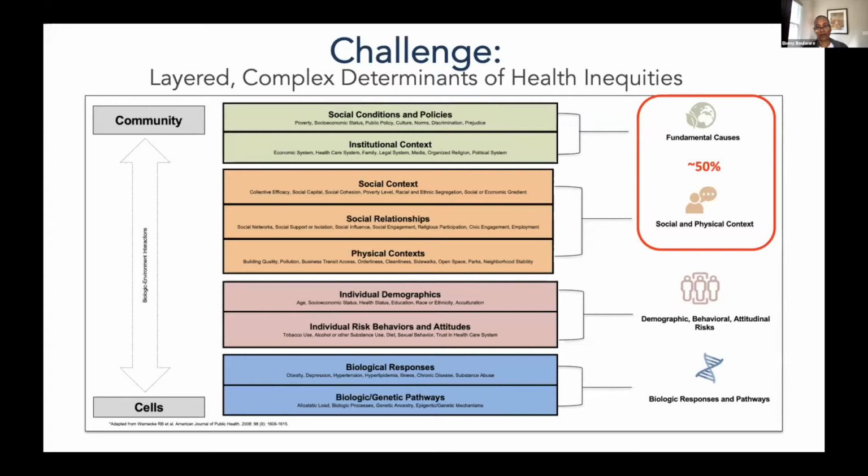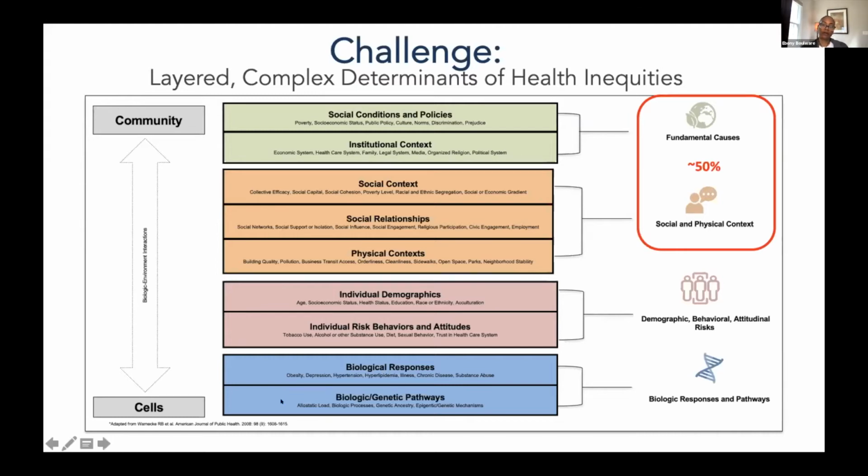Their individual demographics are influenced by that as well, primarily because those are related to physical, social contexts and institutional contexts. For example, if we were thinking about structural racism, that has a very big influence on where people live historically, based on our legal system and our system of segregation in the country, as also banking and investment practices that have been well documented through practices like redlining that began in the early 1900s.